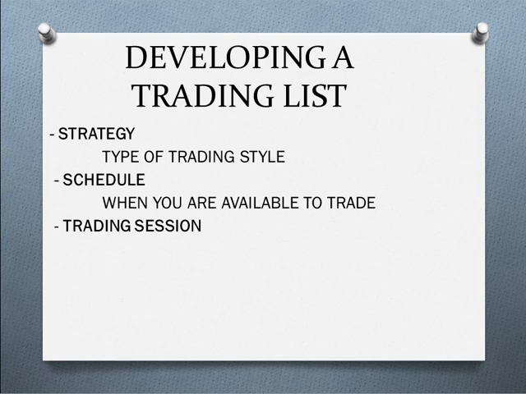The misconception with most new traders and novice traders is that they feel that they need to trade 20 instruments, multiple instruments, in order for them to make money. But that's not the truth. The truth is you need a good strategy and execution style to be able to make a lot of money in the markets. So number one, guys, you need to develop consistency, and you do that by having a trading plan, a trading list.